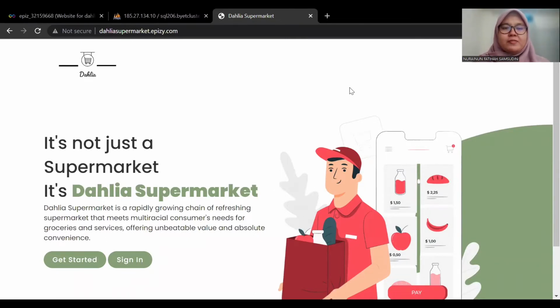So our team member will be presenting our group project for CSC264 and we have developed our website and mobile application for Dahlia Supermarket Management System. So as you can see, this is the front page for our system which is index.php. At the top of this page, we put the Dahlia Supermarket logo and there is a little bit of info about